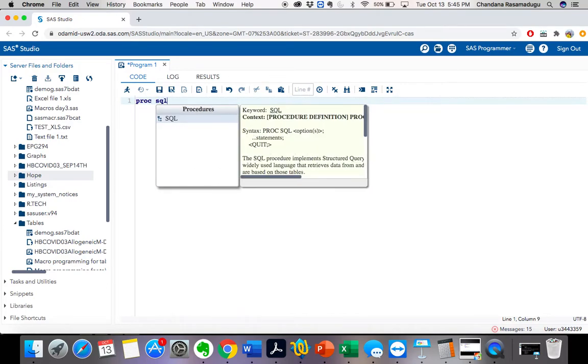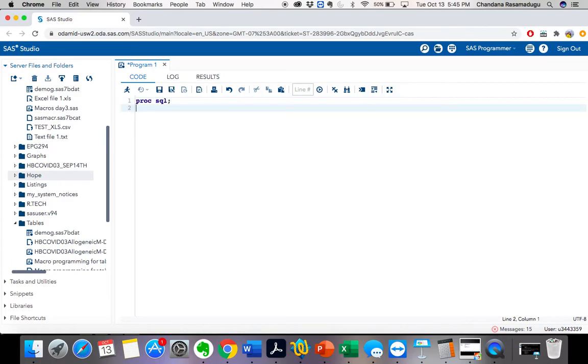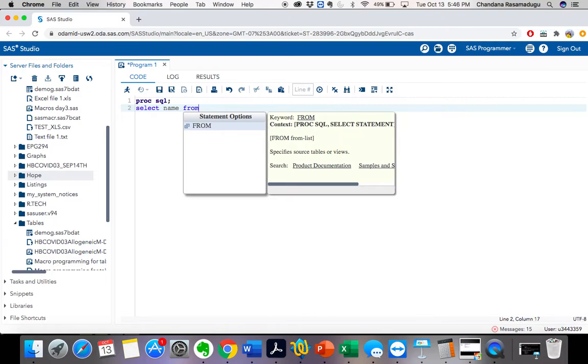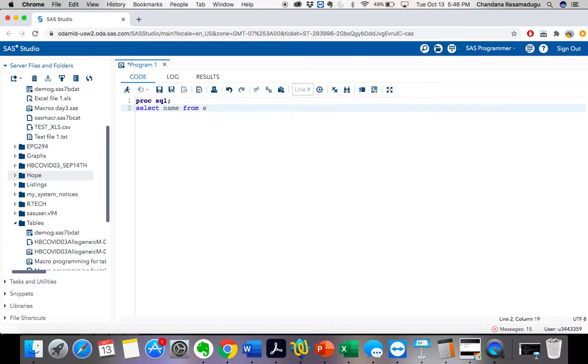Proc-SQL. What I want to do is, first let's write a basic proc-SQL procedure to print the SASHELP.CLASS dataset name variable. How can I do that? Select name from SASHELP.CLASS, and quit.